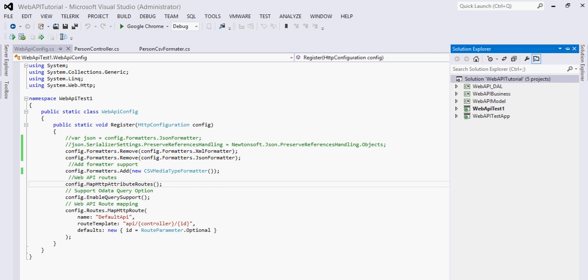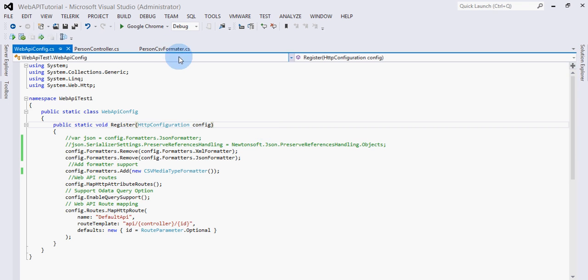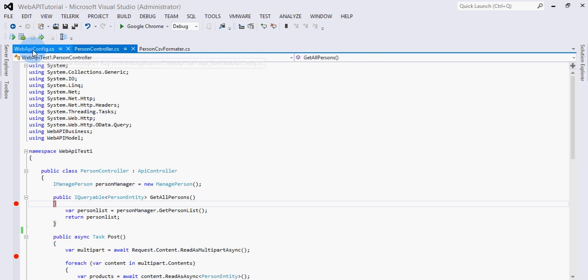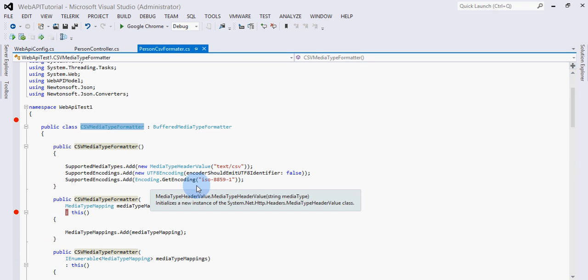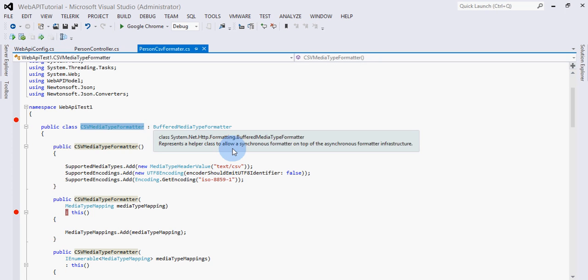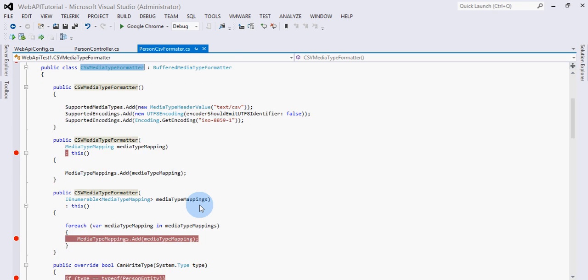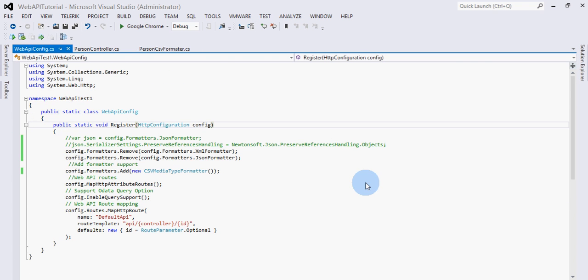So this was an example of how we can use a CSV custom formatter to format our data which we get from ASP.NET Web API. Similarly, we can have different types of formatters. One we can have for image, one we can have for some other type of formatting. Say if we want to do formatting for feeds, we can do that also. So this was how we can use custom media formatters in